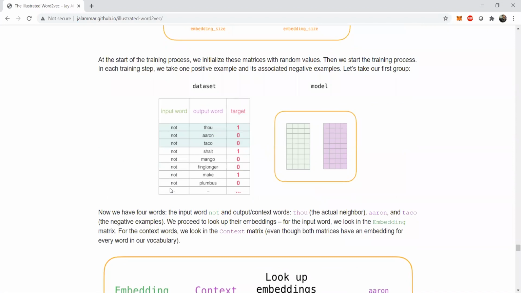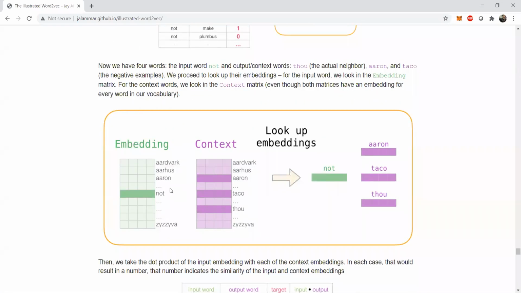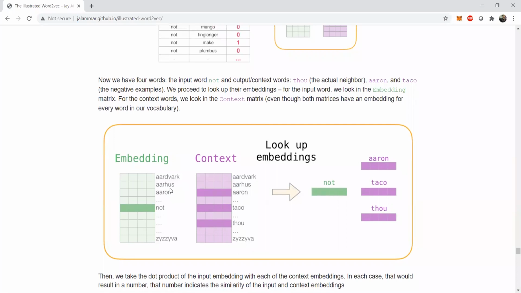And we are using the model that we saw earlier, that is the negative sampling skipgram based model of logistic regression, right? And then the next thing is the procedure of how training is done on this logistic regression model, this logistic regression data set. So the embedding matrix and the context matrix are used by the lookup embeddings, right? And then they're used to generate whether Aaron, taco, or thou, which of these three words,